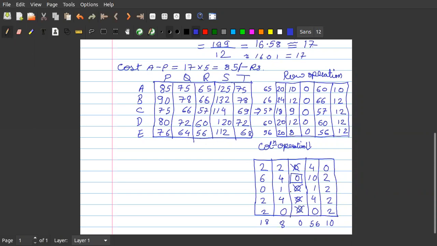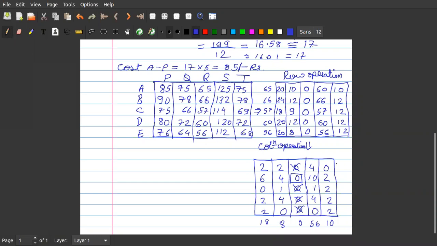Okay, so next allotment will be, see here, for row 3. For row 3, there is 1 zero here, 1 zero here, but this is already crossed. So you can allot this zero, but let us not allot it here. Let us go to next. So in this row, only 1 zero was there. That is also cut. In row 5, there is 1 zero, 2 zeros, 3 zeros. Okay, so in all there are 3 zeros, so I am not going to allot anything here. Once my row operations are done, I have only one allocation due to row operations.